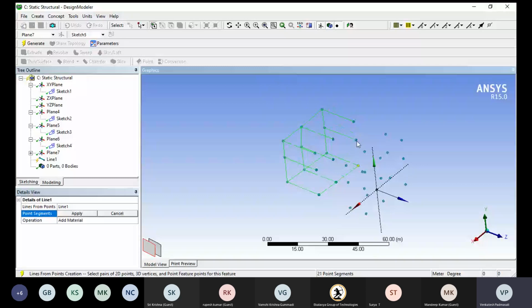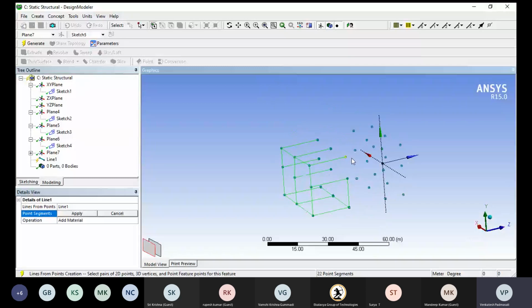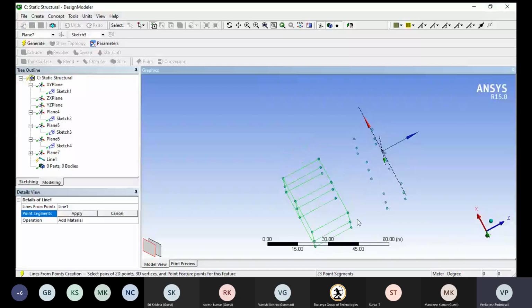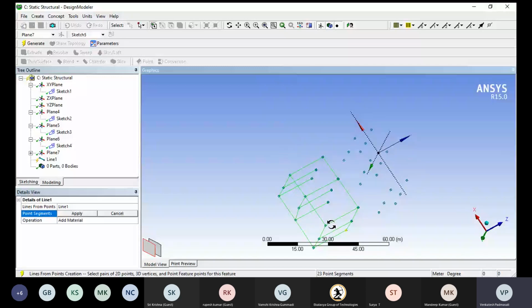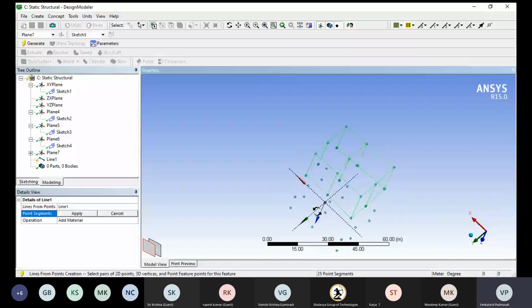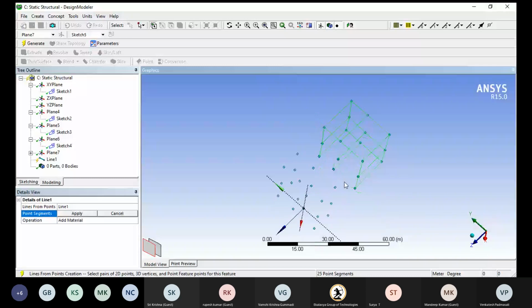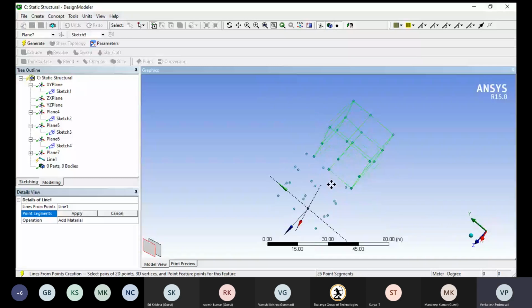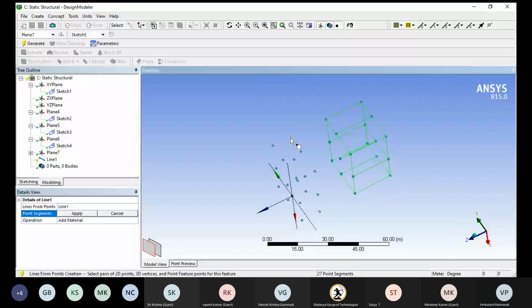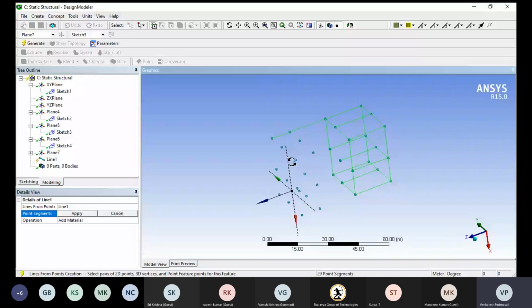Connectivity is the main problem. Everyone should be patient while doing this type of design orientation in your practice role or job role. Okay, again construct, again construct, again construct.